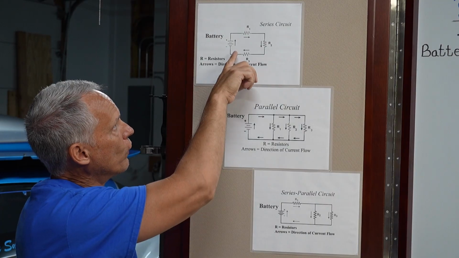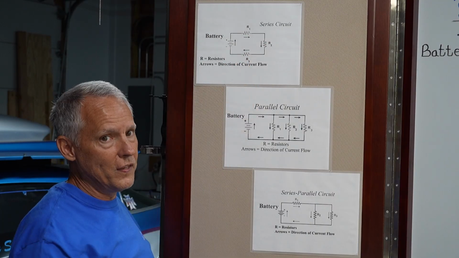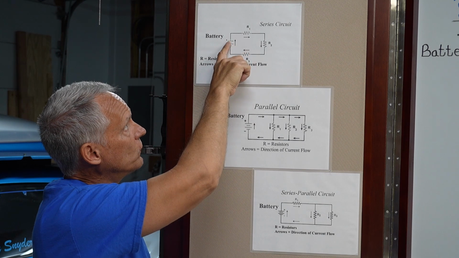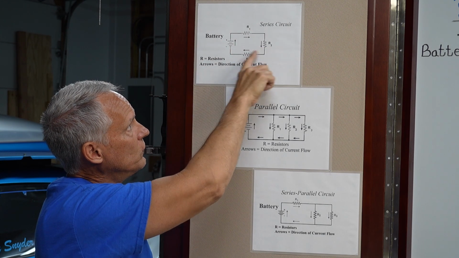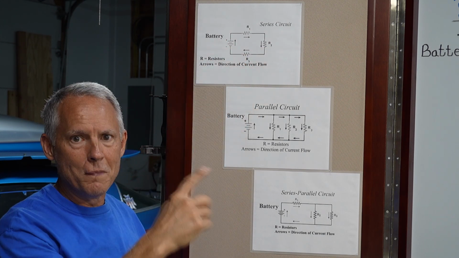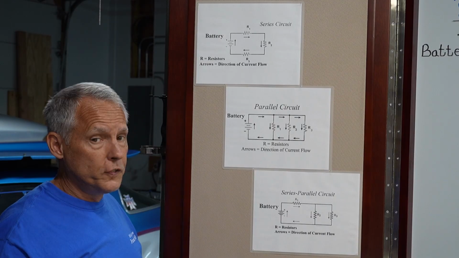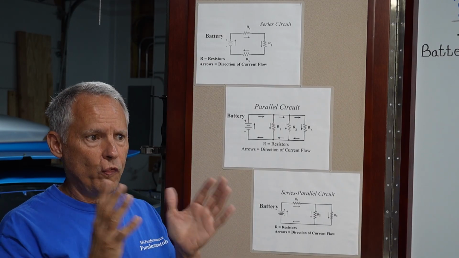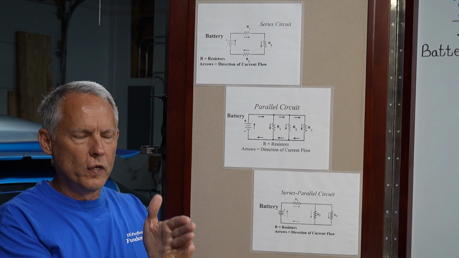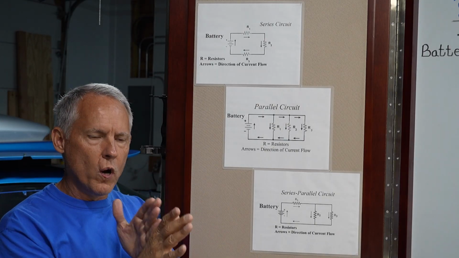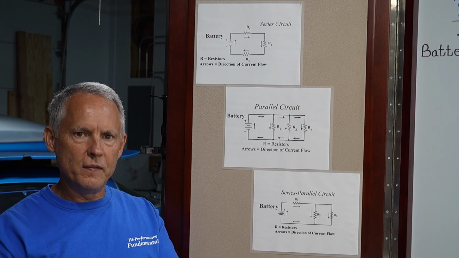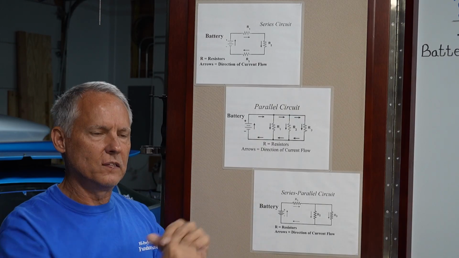The direction of current flow is shown by the small arrows that you see there. In this case, it's showing current flowing from the positive side of the battery through each resistance back to the negative side of the battery, makes a big loop. Okay, a series circuit is fairly easy to understand. Basically, all the current is flowing through a resistance or the load and then back to the battery. Whether it's one resistance or two or three, they're in line. It flows into one, out of it, into the next, out of it, into the next, out of that,